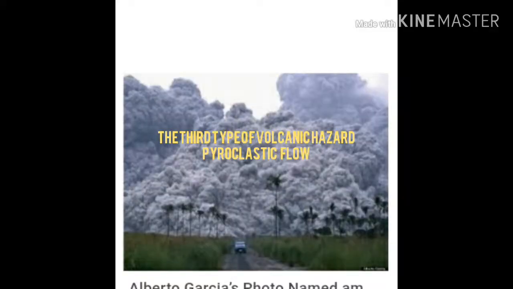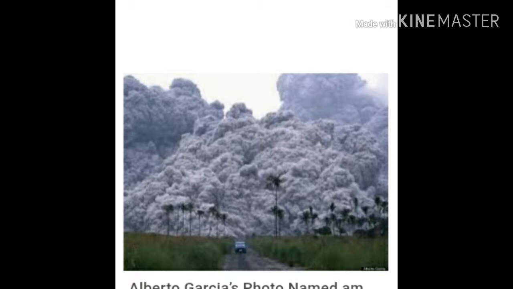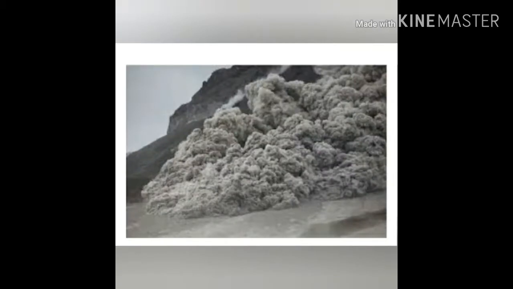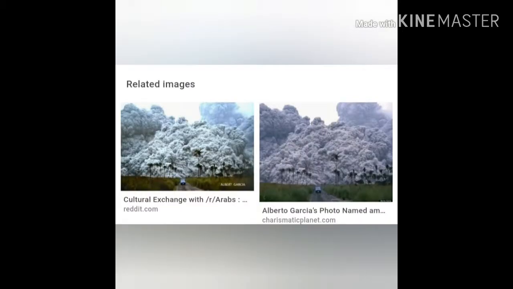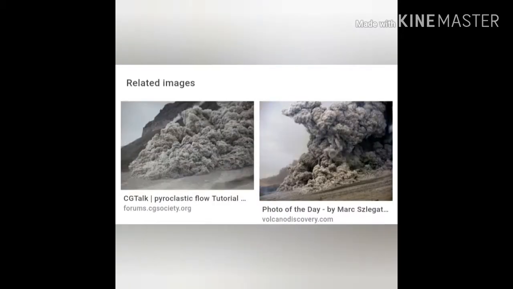The third type of volcanic hazard is pyroclastic flows. Pyroclastic flows contain a high-density mix of hot lava blocks, pumice, ash, and volcanic gas. They move at very high speed down volcanic slopes, typically following valleys. Most pyroclastic flows consist of two parts: a lower basal flow of coarse fragments that moves along the ground, and a turbulent cloud of ash that rises above the basal flow. Ash may fall from this cloud over a wide area downwind from the pyroclastic flow.